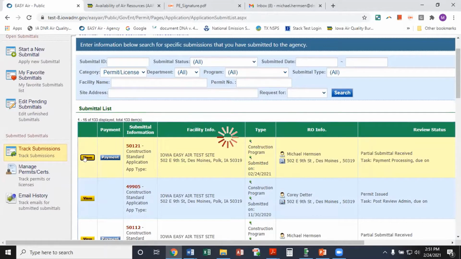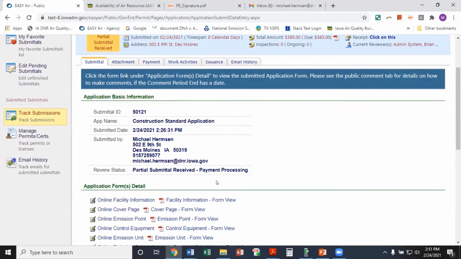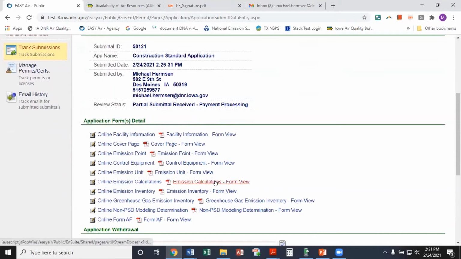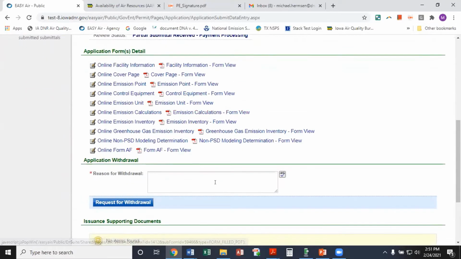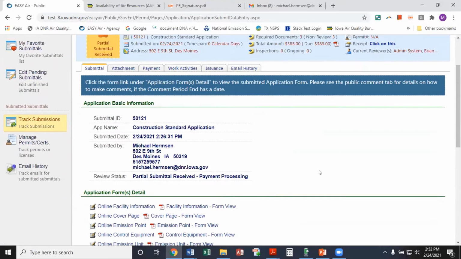So again, I just wanted to reiterate that this is just problems we're having with the test site. There were some changes made that aren't complete yet. We're not having that issue with the production site, so that's fine. You guys won't be affected by that when you're doing your application. But this is similar to the screen that you would see once the submission goes through. We'll send you something back. I don't know if anybody wants to correct me on that, but it'd be similar to this, showing you